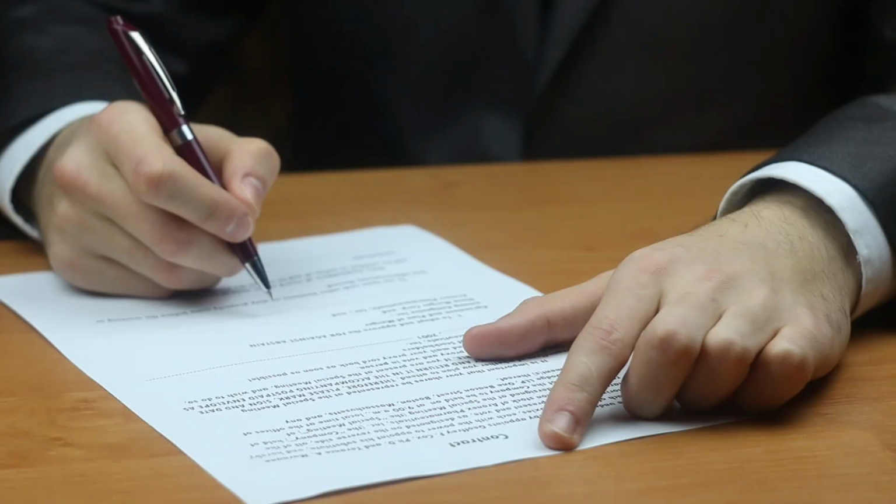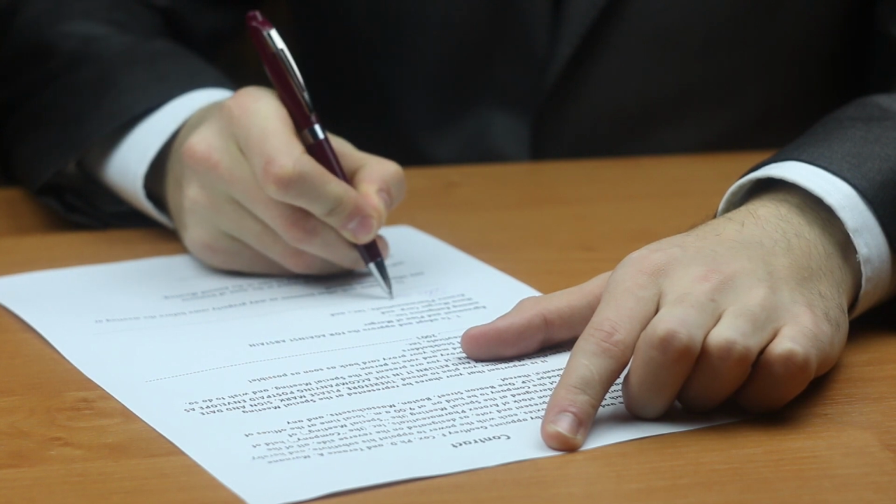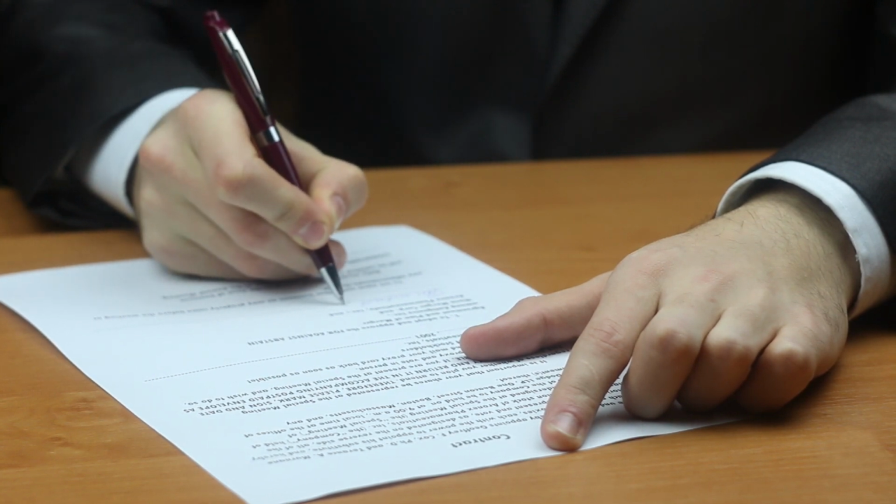Get with an attorney to create a real estate contract for you, or go online and find a real estate contract that you are comfortable with. And then ask the potential buyer to fill in the details, to fill in the terms that they feel comfortable offering. And I encourage you to do it this way, where you're getting the contract ahead of time and asking